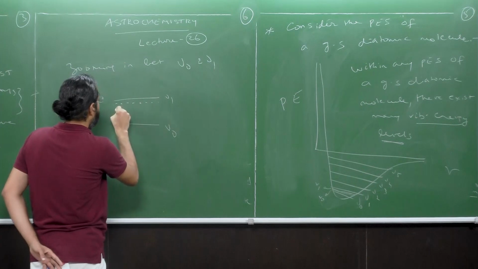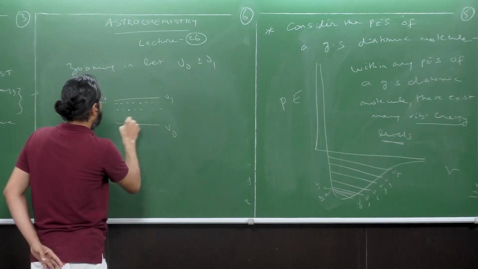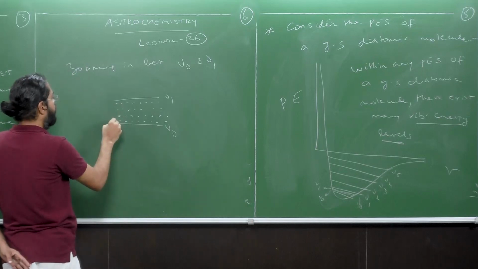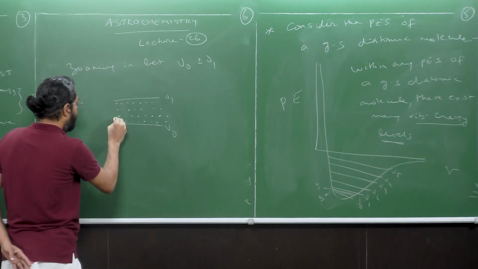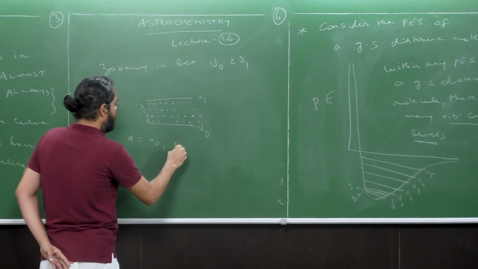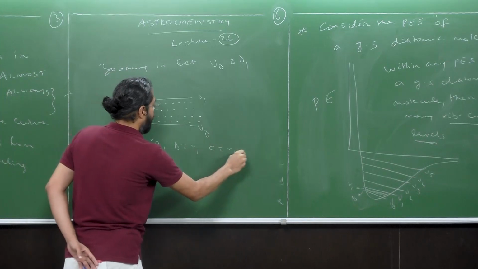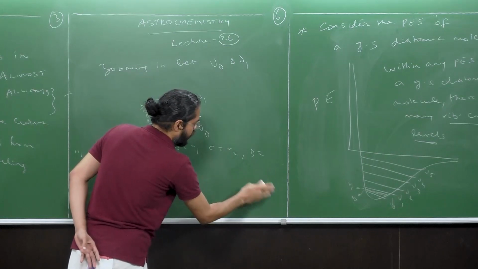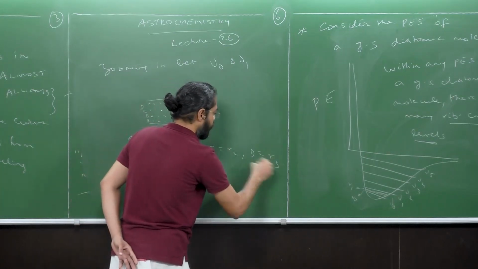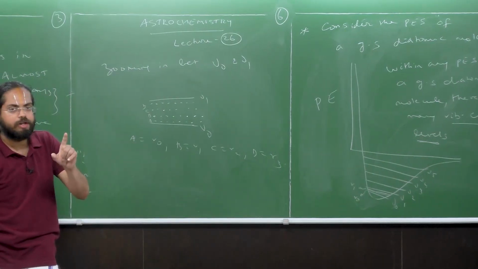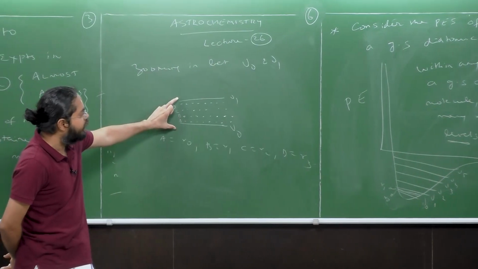So let's say I've drawn 4 lines, A, B, C, D, and A could be R0, B could be R1, C could be R2, and D could be something like R3. Are we fine? Okay, right? So the key point to note is that between any two vibrational state levels, there are also going to be